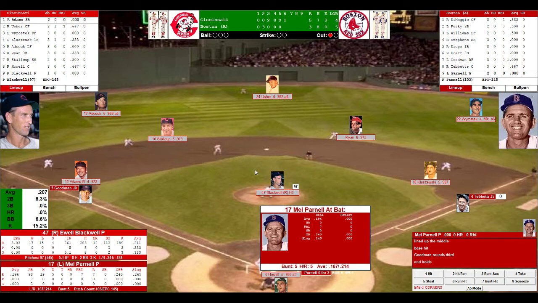Well, we're gonna go with... I wanted to kind of save Zarella as a defensive replacement for Goodman, but we also have Maxwell who can play right field, and the kook Jimmy Piersall can probably play right field. I'm going to go with Al Zarella. This is a big moment, so